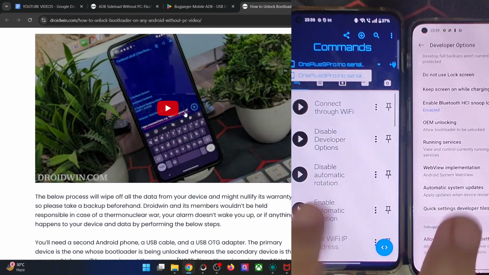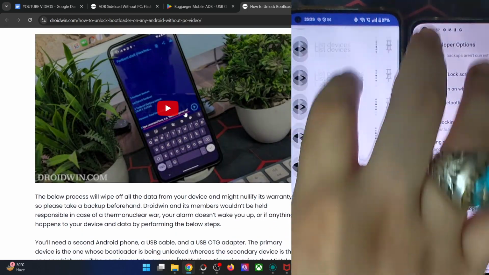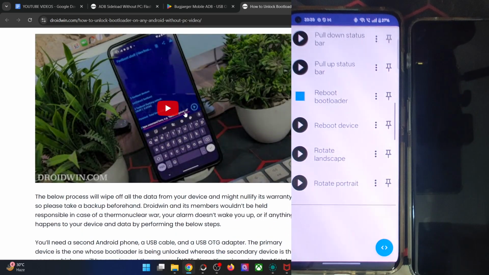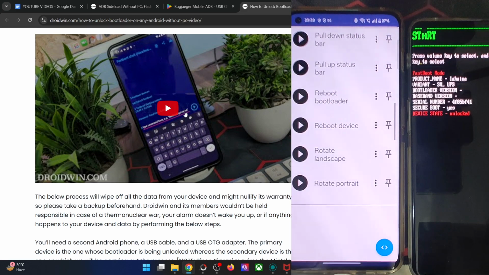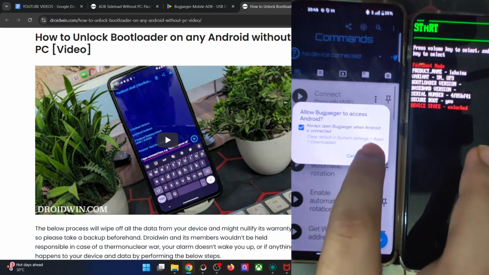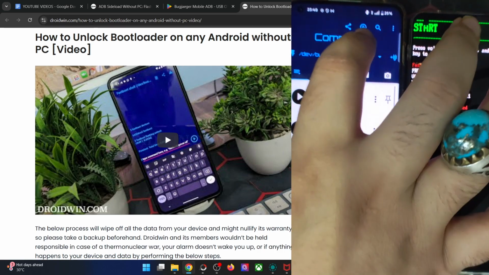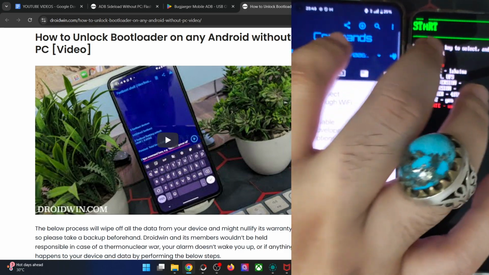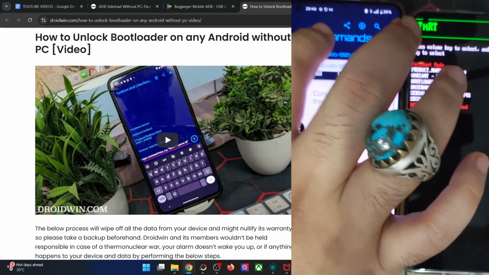So just to repeat, from here, first off, tap on the option of reboot to bootloader, hit enter, and my main phone will now boot to the fastboot mode, and from therein I could easily unlock the bootloader on my phone. Let me show that as well. Currently I've already unlocked the bootloader, but I'll still show you once again just for the sake of reference. So guys, as soon as the phone is in the fastboot mode, you will get a prompt on your secondary phone. Checkmark always open and tap on OK. Again tap on always open, tap on OK. That's it. You could now see we now have a phone on my secondary phone. It's shown as the OnePlus 9 Pro. It's my main phone over here.